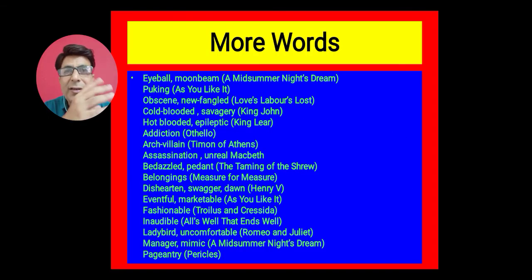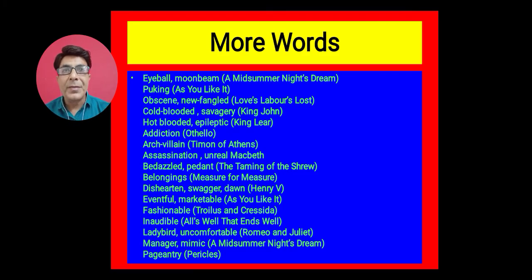There are hundreds of words. I mean, I don't have much space to present all these words which are coined and brought by William Shakespeare into the English language, but some of them, as you can read on the screen, the words like eyeball, puking, obscene, cold-blooded, hot-blooded, addiction, arch-villain, assassination, these words have actually been brought, invented, experimented by